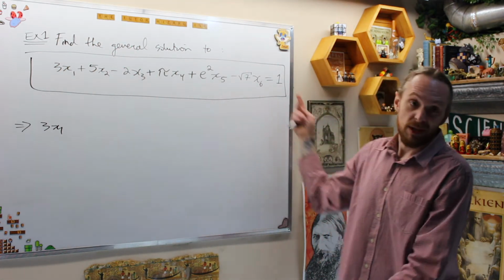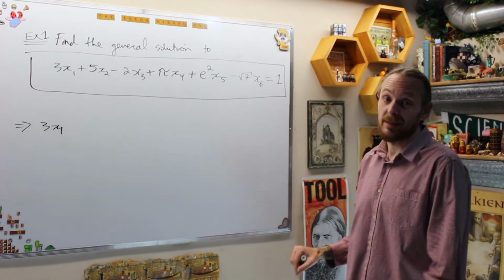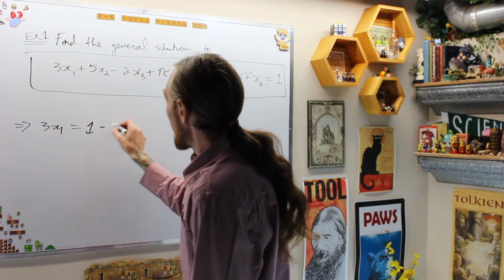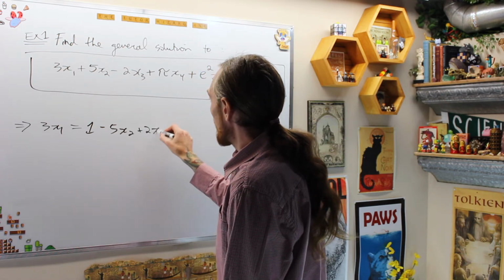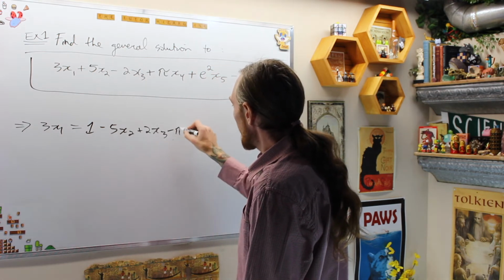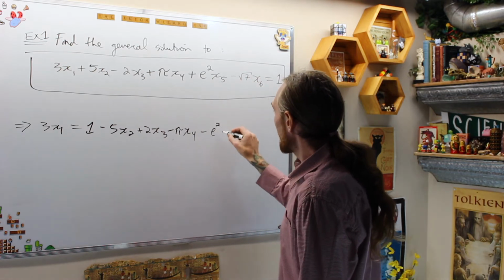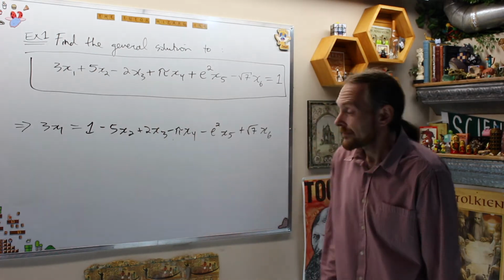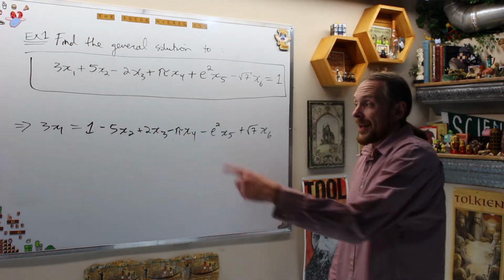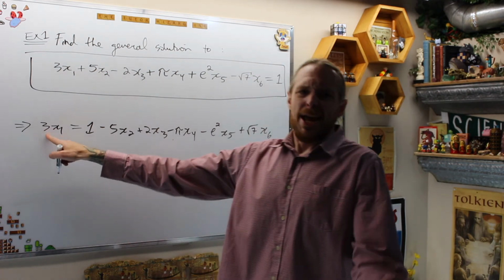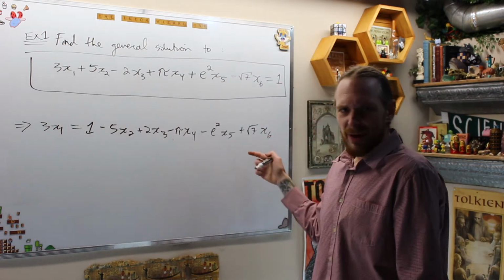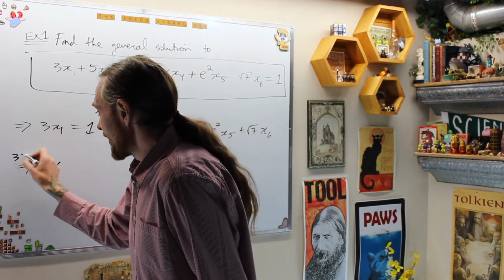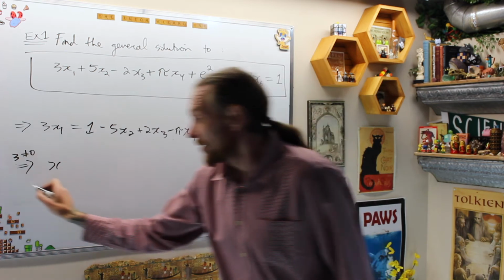I picked some horrible numbers, but you should know that's a number, not a letter. e is the number of the day, not the letter of the day. x1 is now equal to 1 minus 5x2 plus 2x3 minus pi x4 minus e squared x5 plus the square root of 7 x6. We've moved everything to the other side, and now it's much easier to see a11, and in fact all of them are not 0, otherwise they wouldn't be there and I wouldn't be talking about them. This says essentially that because 3 is not 0, I can multiply by 1/3